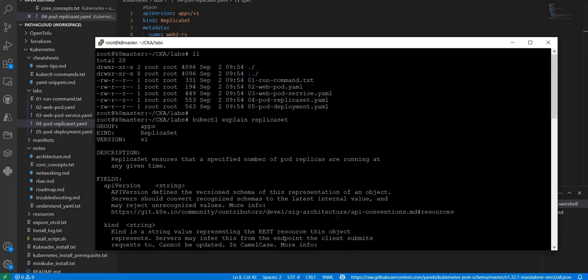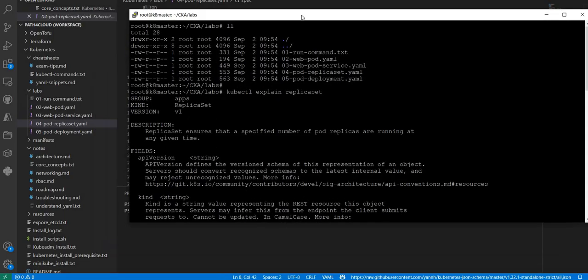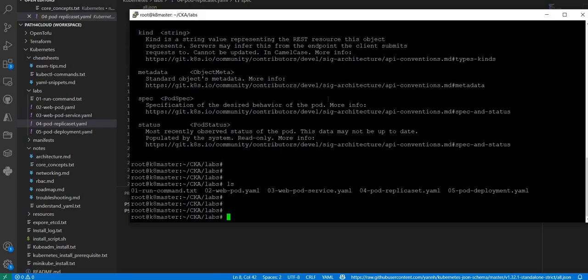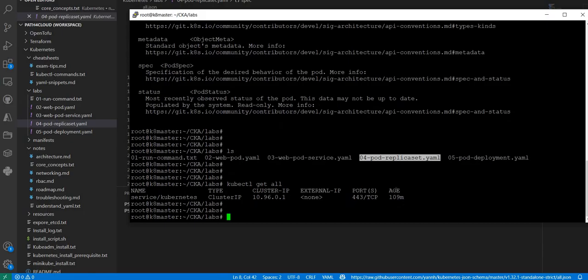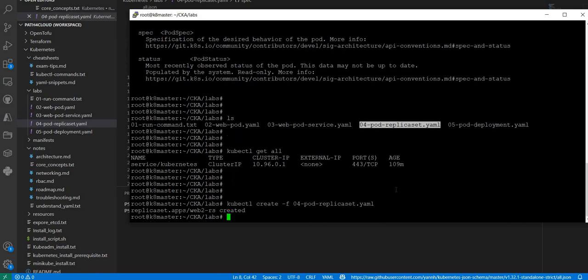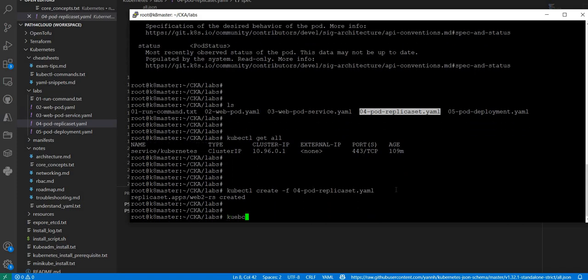So let's see it in action. I am in my master node, and we have this file called replica set. As of now, I believe nothing is running. Let's see. Yeah, nothing is running. So let's run kubectl create -f and define your file. Now, if you see